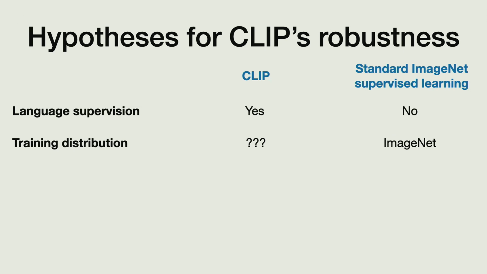For CLIP, we actually don't know exactly what they trained on. Their training set is private to OpenAI, so they are not going to release it. We asked them multiple times. They're very apologetic about this. They told us many things at a high level about their data set, but they're not going to release it. One obvious difference is the training set size. CLIP was trained on 400 million images. ImageNet is 1.2 million images.